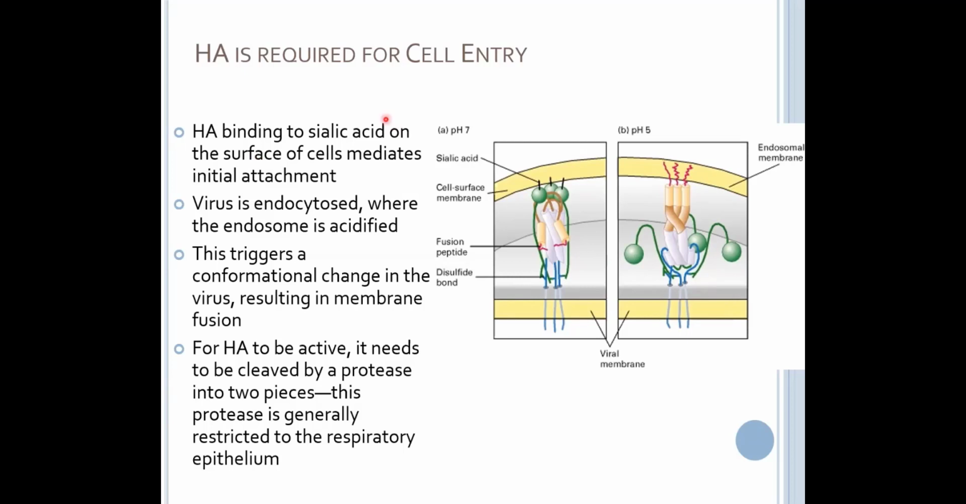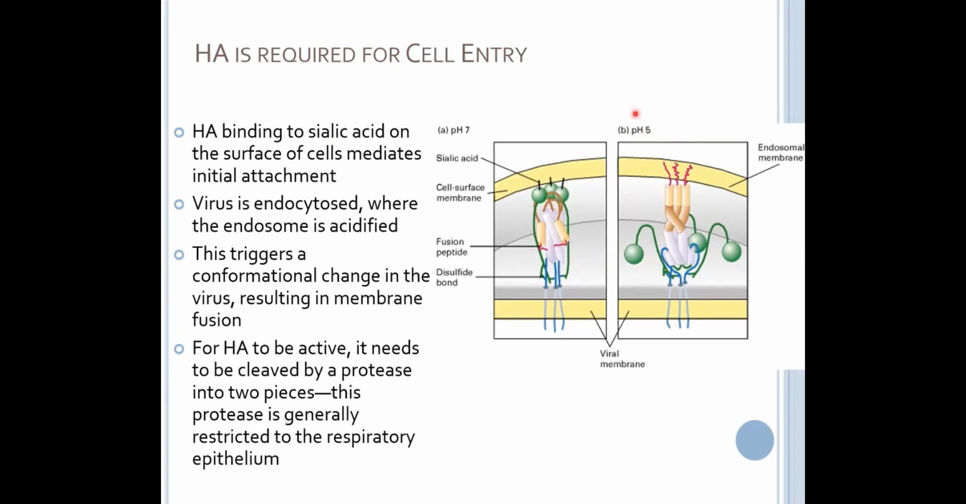It binds broadly to sialic acid, so carbohydrate moieties on the cell surface. So it doesn't have a specific protein it binds to. It binds to a specific modification that's on many, many different proteins. And this triggers endocytosis by the host cell. And then the HA is the protein that also fuses the two membranes together upon a pH change inside the